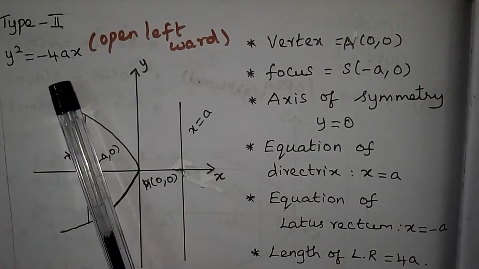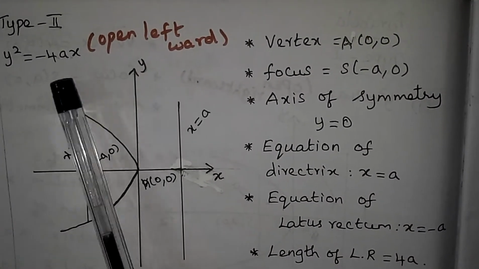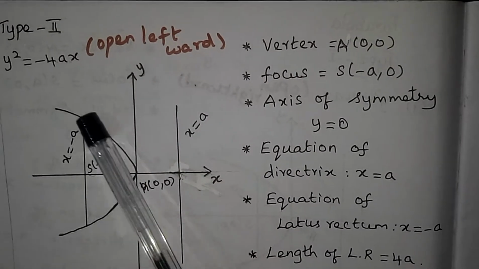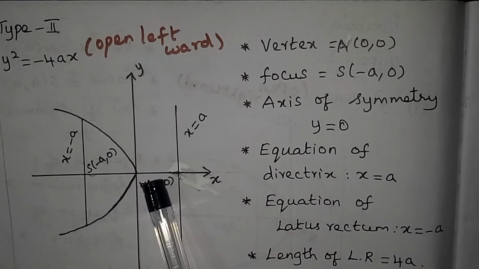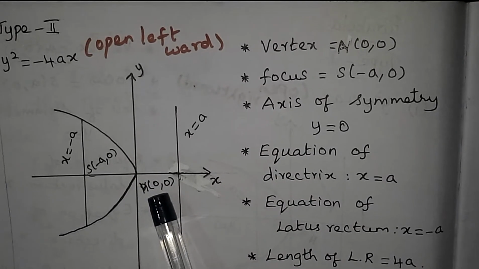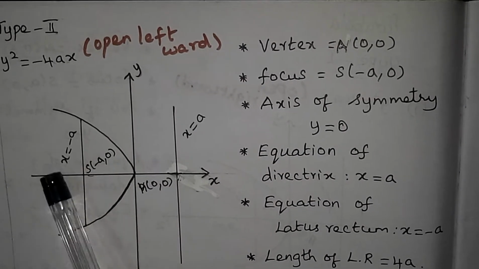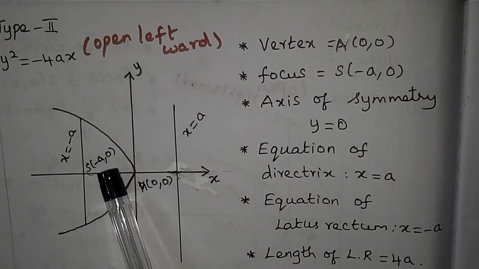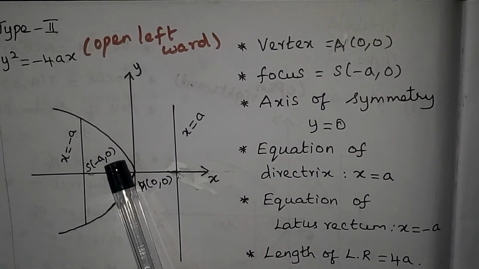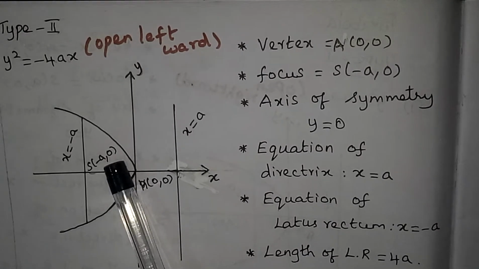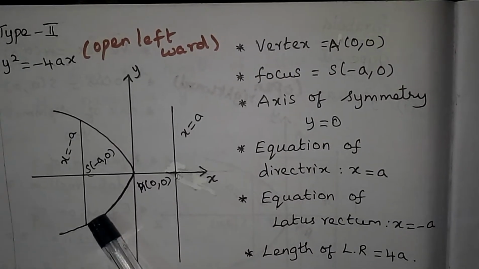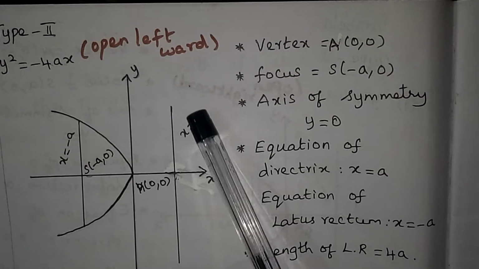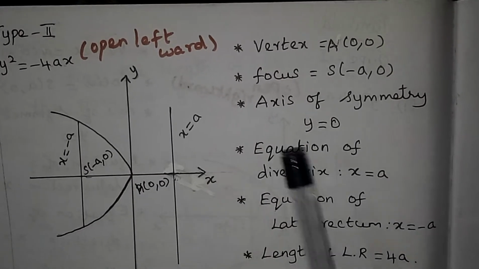It is y square equal to minus 4ax. If we have the equation like this, then the parabola is opened leftward. So the diagram will be like this. It passes through the vertex origin and the parabola will be open left side. Inside the parabola only we'll have the focus. It is minus a comma 0 here. If you know this focus alone, others you can write. If you draw a perpendicular, that is the latus rectum. So x equal to minus a we have, and at the back we have the directrix. It is x equal to a.